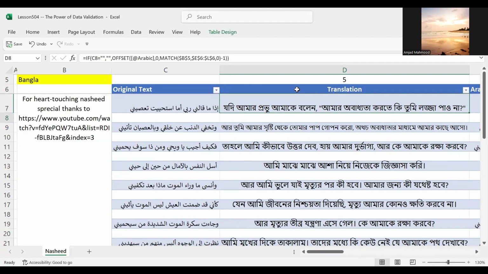So this is the formula, and it is consistent throughout the table, and see how easily it is done without use of any coding, without use of any lookup. It is just using the offset, and the match is being used here. Match gets you the exact position where the desired translation is available, right? So this is the advantage of drop downs. The benefit is that you say goodbye to data entry errors, and you say hello to an efficient and accurate spreadsheet